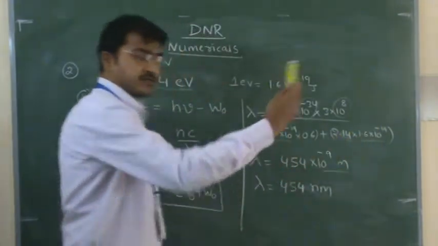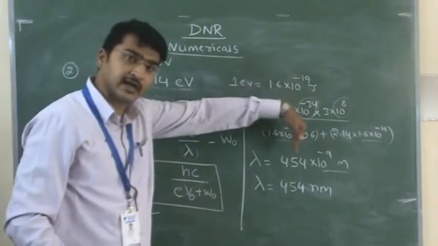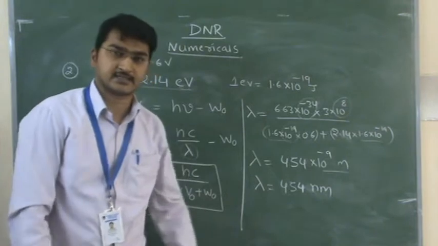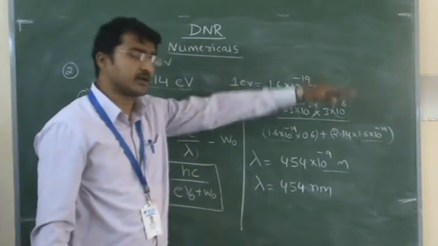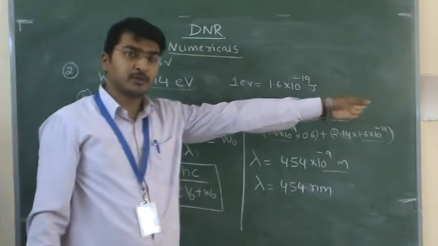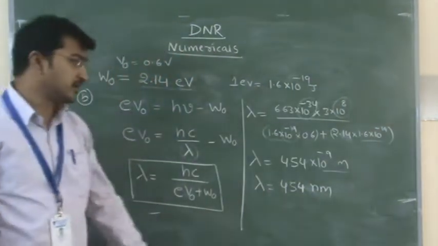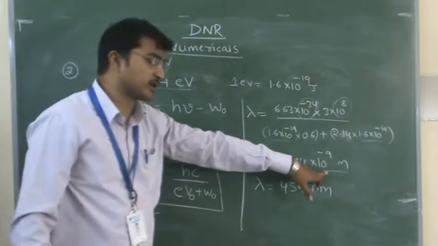So take these powers first also. The remaining values you can calculate, then apply the power in the last. Okay, that's a better way. If you get confused while doing the powers, it is better to keep the powers of 10 aside, then you can do it, and you will get the common power formula.